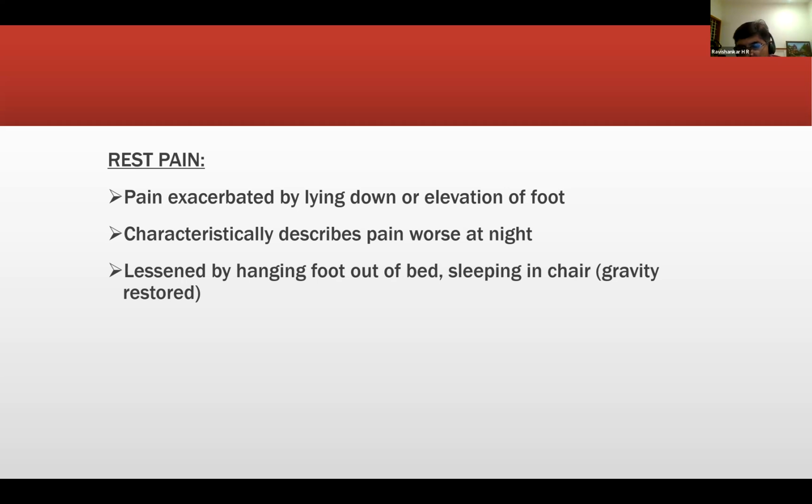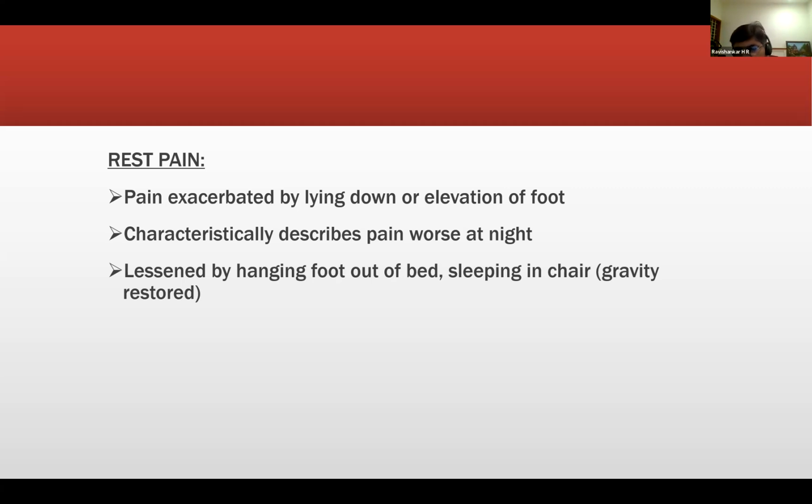Abdul or Sania? So the same thing. The activity of the person during the day is more, because of which more blood supply is there. Even though substance P accumulates and the patient has pain, because of increased activity, blood supply increases and all the substance P is washed off, so he doesn't have much pain. But during the night, there's no activity and the blood supply is reduced. That's why the patient complains of more pain. When the patient puts his foot down by the side of the bed, because of gravity, some amount of blood escapes through those narrow portions and the pain is significantly reduced. Correct. Okay. That is one.